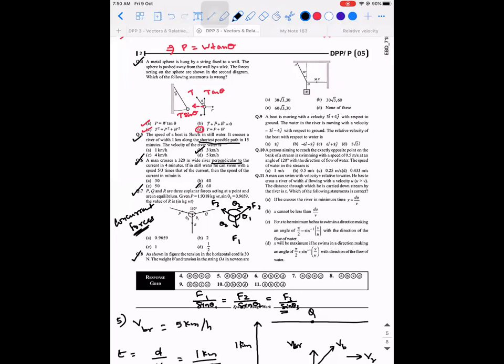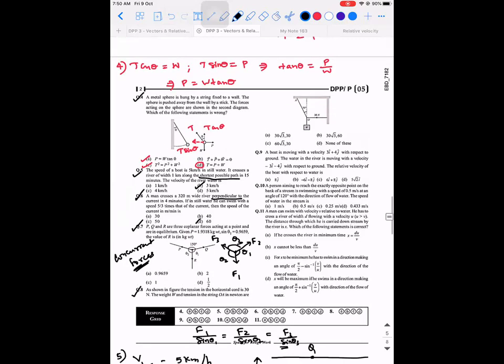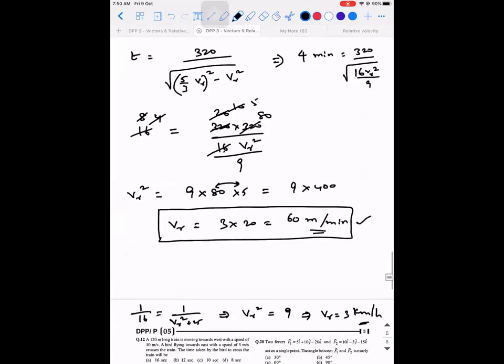Siddharth, what's the answer? Sir, I don't know Lami's theorem. Same. Apply. You don't know Lami's theorem? I didn't understand. You don't know Lami's theorem is what you told. Yes, sir. Okay. You should have told me when I asked.